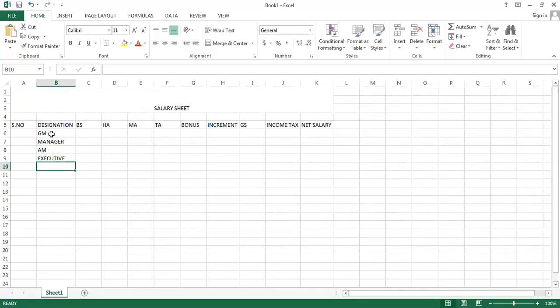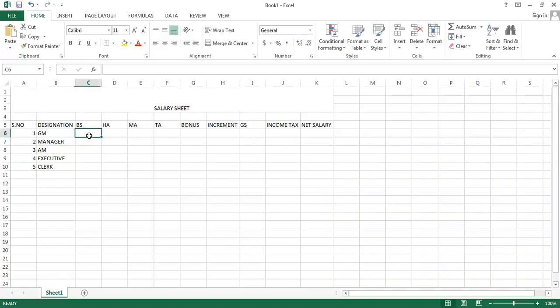Underneath executive I'm writing, let's suppose, clerk. So these are my designations. So I'll give the numbering, that is 1, 2, 3, 4, and 5. So I've considered just 5 designations at the moment.